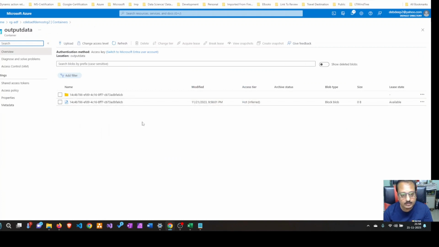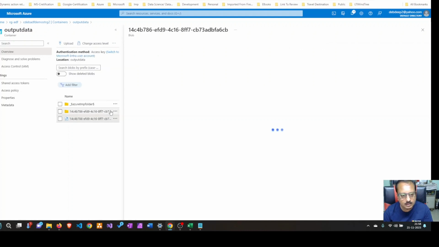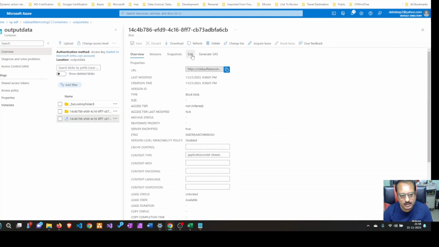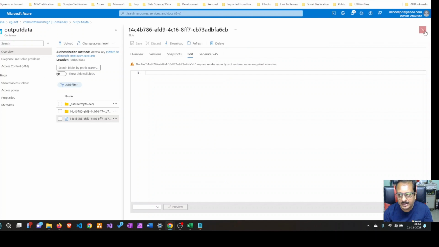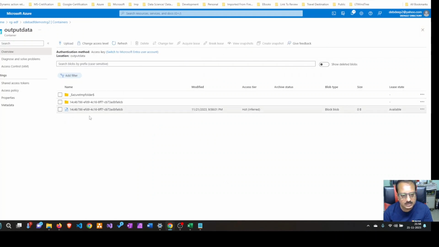Now one thing I want to show you is that these are very temporary files. If you just refresh it, you will see a temporary folder being created over here. It is all because we are running on the cluster and the nodes, so you will not see any data over here. This temporary file was created by ADF, and if you just refresh it,